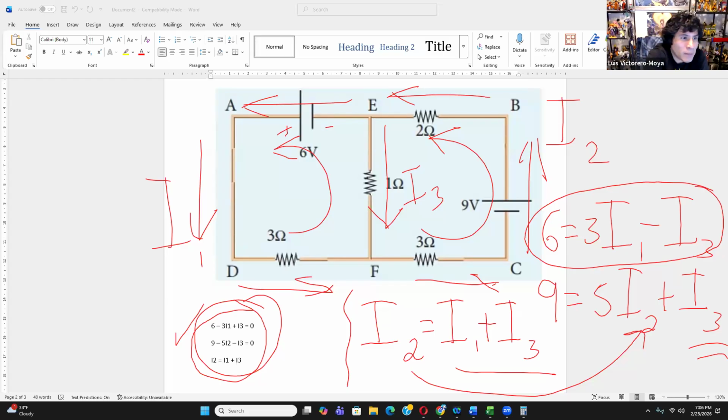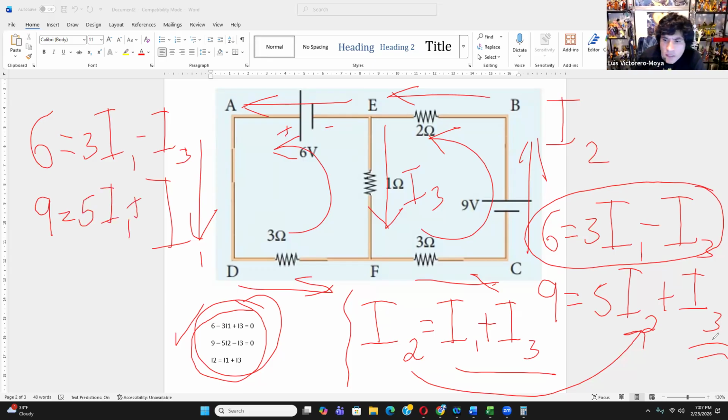That's why you end up getting this: 6 equals 3I1 minus I3. And on the second equation, you get 9 equals 5I1 plus 5I3 plus I3,